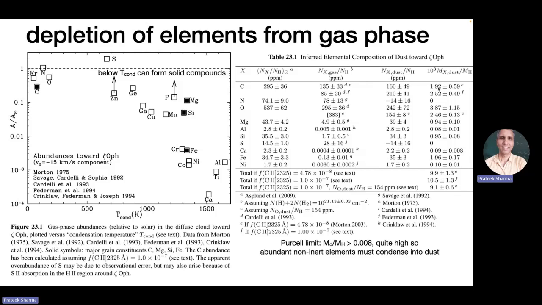This is the mass ratio of mass in dust to mass in hydrogen. This is about 2. So in the ISM, about a factor of 2 more mass of carbon resides in the grains than in the gas phase. Like CO and all these emitting molecules have less carbon than dust.